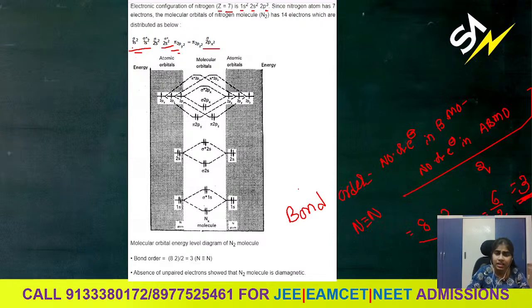And you can see there are no unpaired electrons in the molecular configuration. All are paired. Since all are paired, this nitrogen molecule is diamagnetic in nature. If there are unpaired electrons, then it will be paramagnetic in nature. Similarly, you can see for